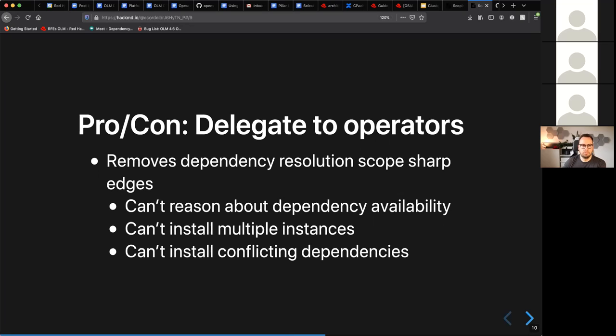So we can't have two top level operators that depend on different versions of their transitive dependency. Have you guys given any thought to kind of providing a layer on top of the API that would allow you to, for example, artificially inject the namespace into the API group of the API and make the API kind of